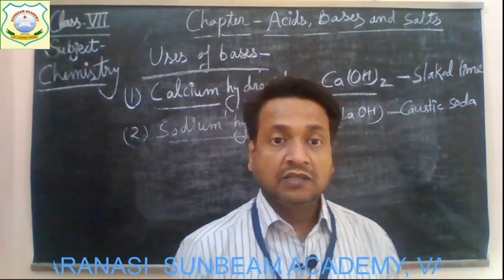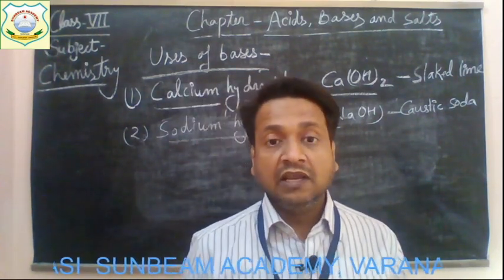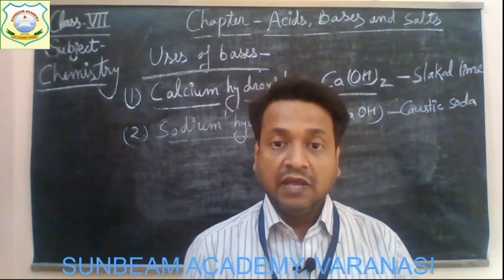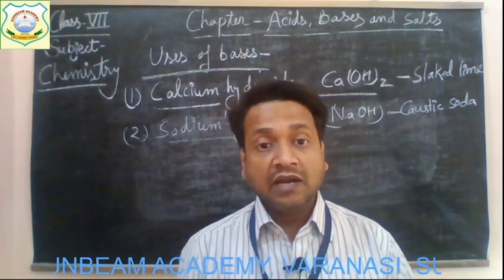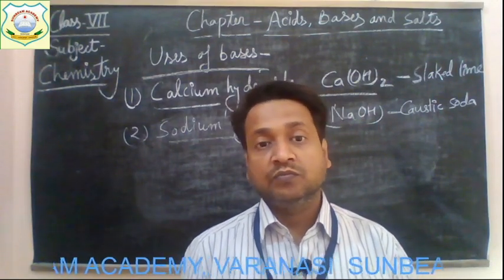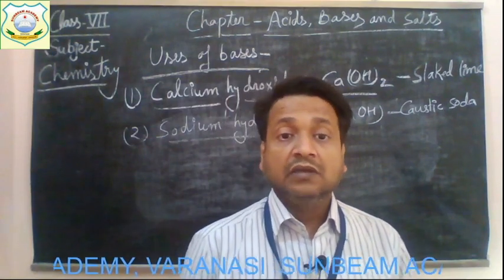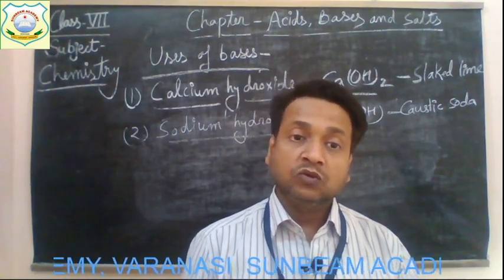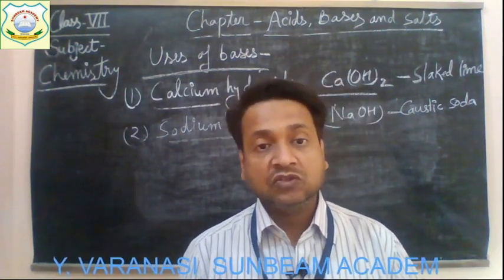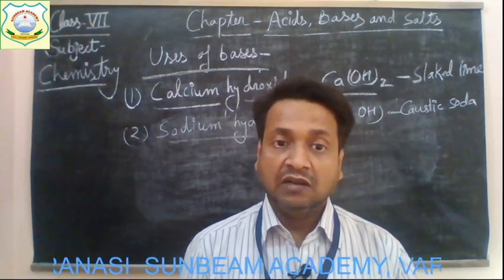Now, it is obtained commercially from concentrated salt solution or salt water. The sodium hydroxide is obtained on a large scale from salt water, and its main uses are: the first use is to manufacture soap. Sodium hydroxide is used in manufacturing soap. So in different soap making industries, sodium hydroxide is used on a large scale.